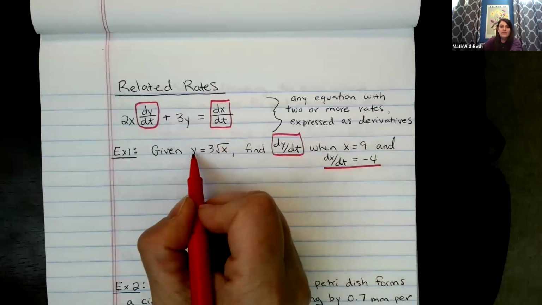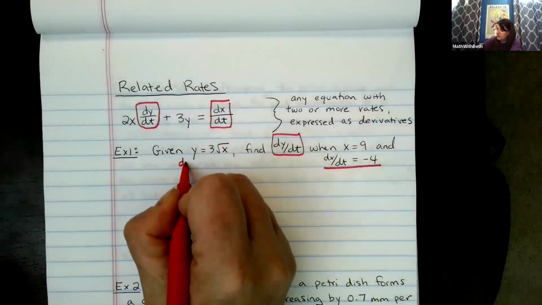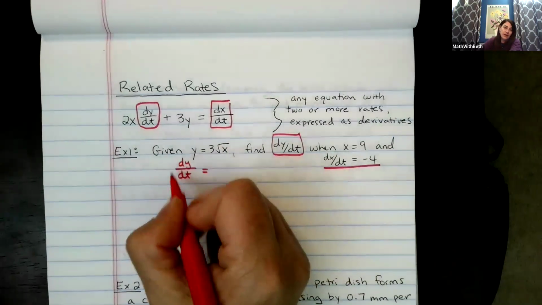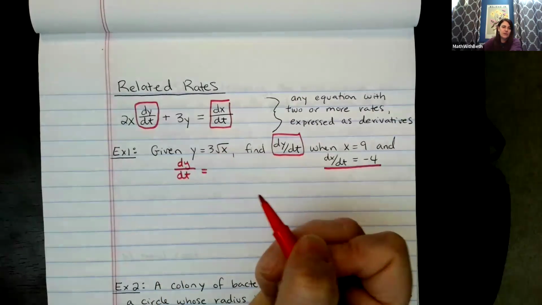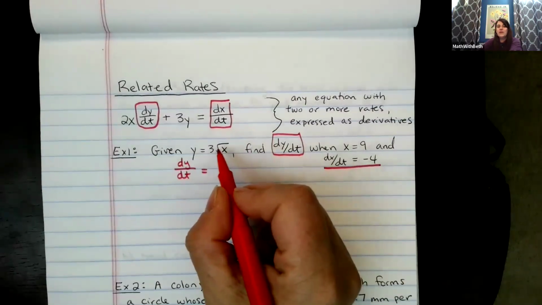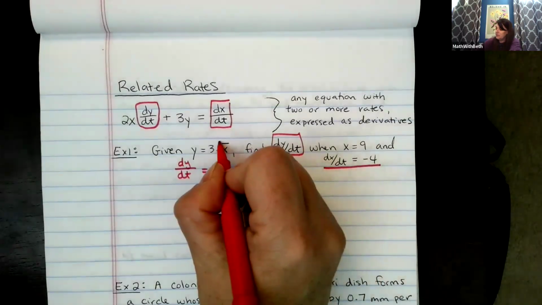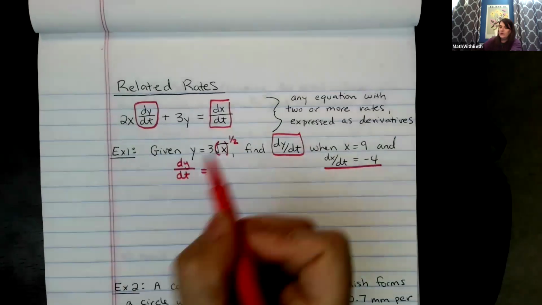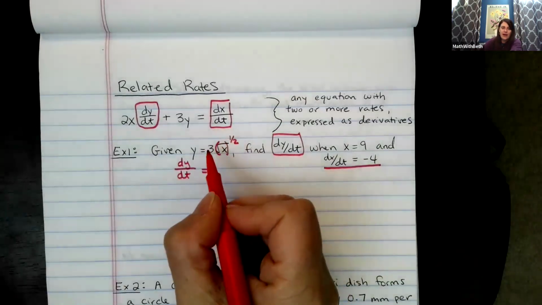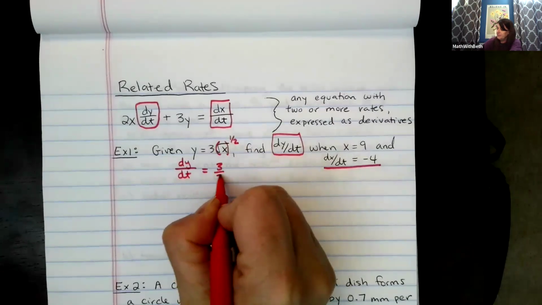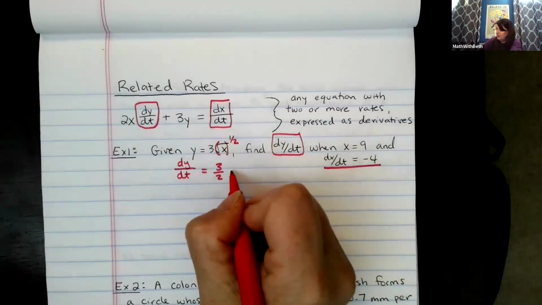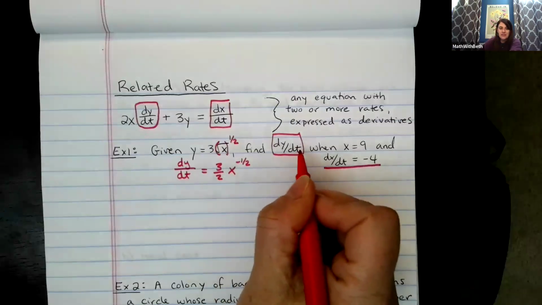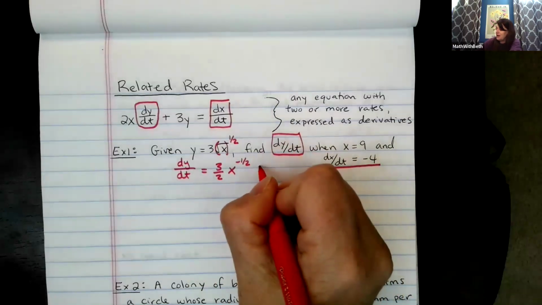So the derivative of y is just going to be dy/dt, because basically it's 1 times dy/dt, so you don't need to write the 1. The derivative of 3 times the square root of x, since that's really the same as 3 times x to the 1/2, I'm going to use the power rule where I multiply the 1/2 times the 3. And then I subtract 1 from the 1/2. But then again, since I'm doing it with respect to t,